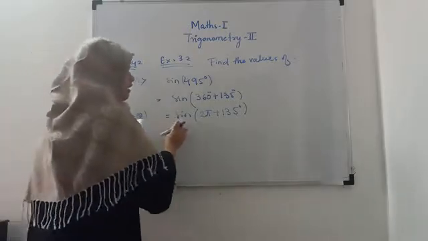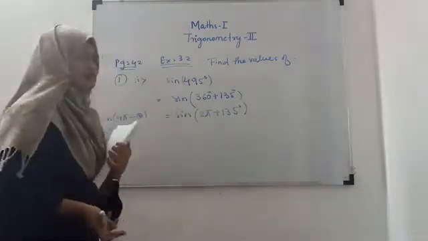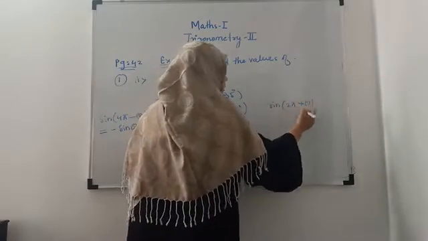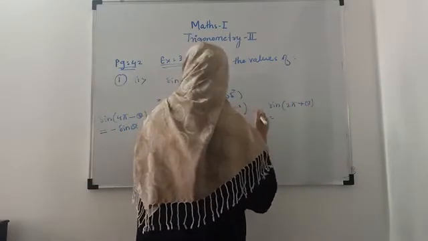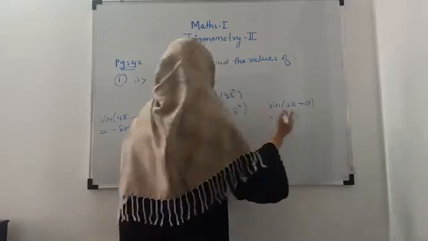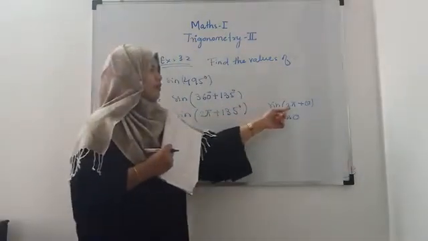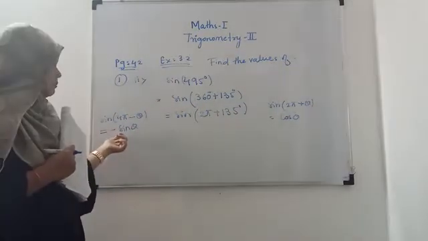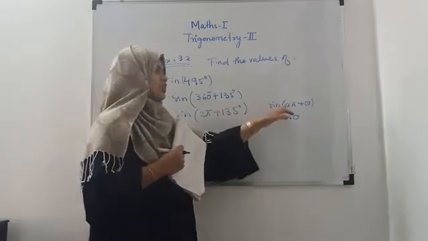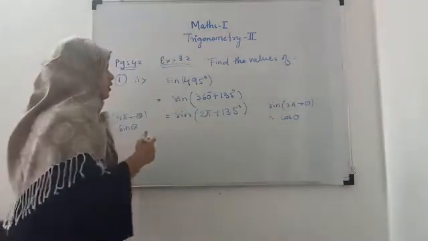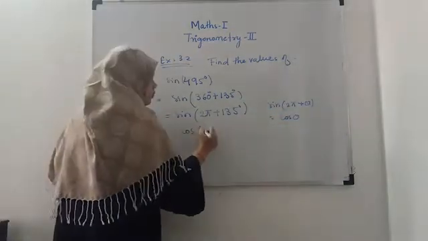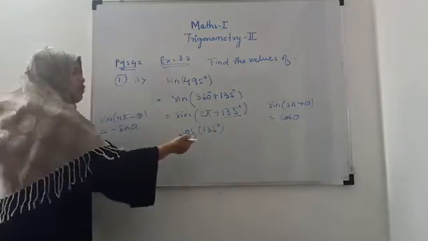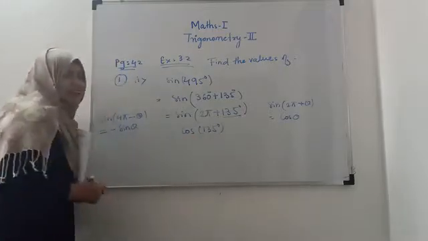Now here we have sine of 2 pi plus 135. That is sine of 2 pi plus theta, and the answer is equal to sine theta. There it was minus, that's why it was minus sine theta, and here plus is there, so sine of 2 pi plus theta is sine theta. Right? So here it is sine 135. Theta is 135. Now again we don't have the value of the sine or cos at 135 angle.